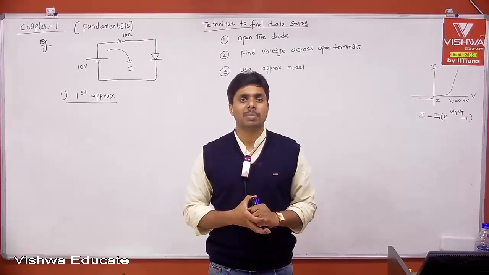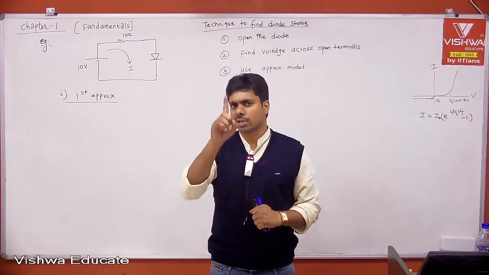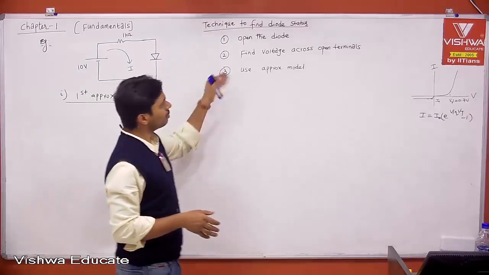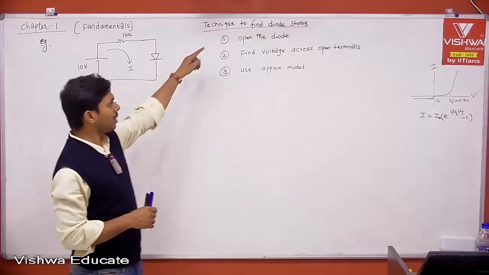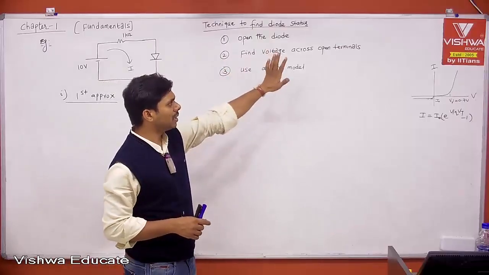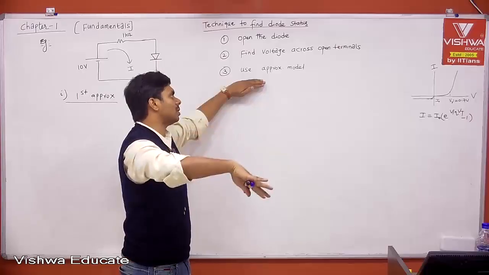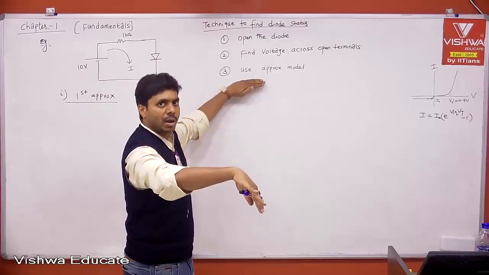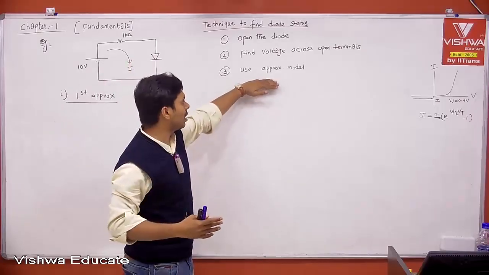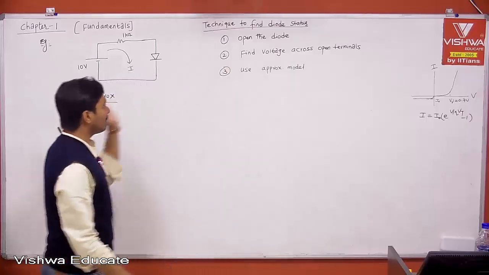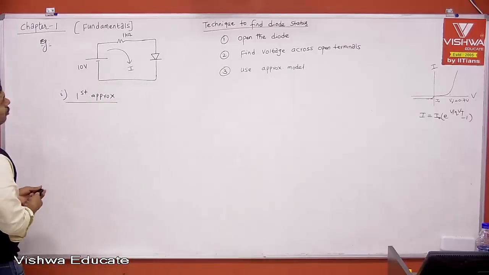But typically 90% the technique is, if there is 1 diode, straightforward, no need to think anything, go ahead like this. This is a blind technique and a powerful technique. Open the diode, find voltage across open terminals. Then if the voltage across open terminals is greater than 0, less than 0, or greater than V gamma, less than V gamma, we have to use the appropriate model based on the problem statement and then go ahead. Okay. Let me apply the same thing here. Right. Now, if you open the diode,